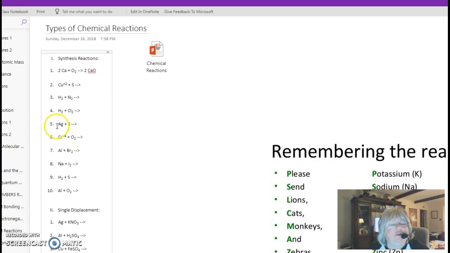Okay, let's try another one. Let's go down here to number 5. Silver plus sulfur. That's going to form silver sulfide. Now, silver was one of the ones you had to memorize, and silver has a +1 oxidation number. Sulfur is in the same family as oxygen, so it is -2. That means I'm going to need 2 silvers,